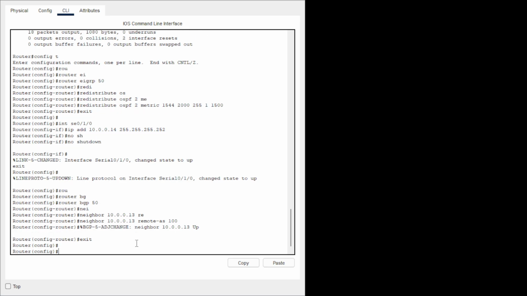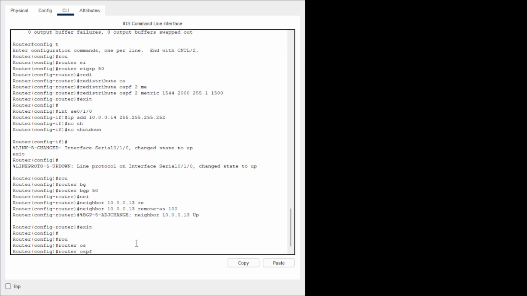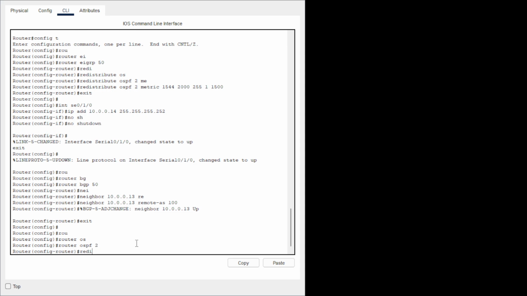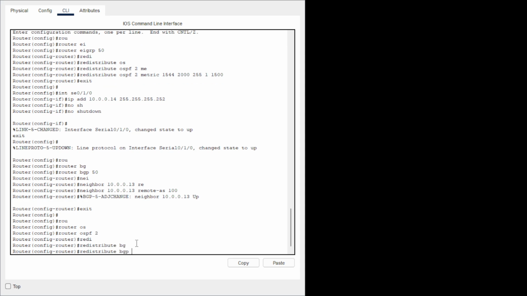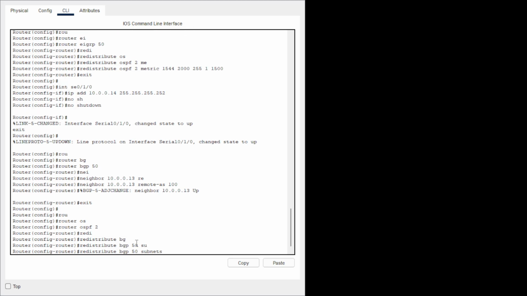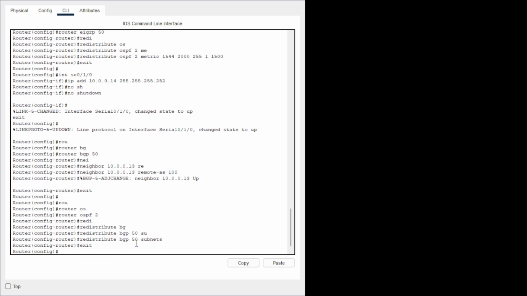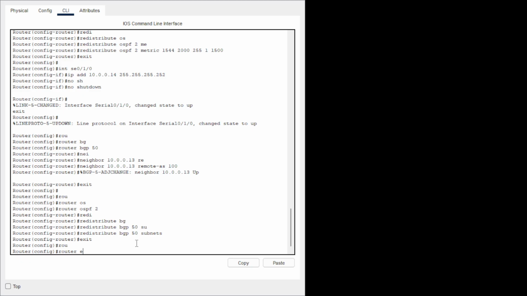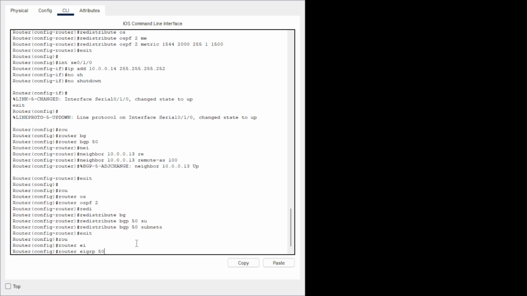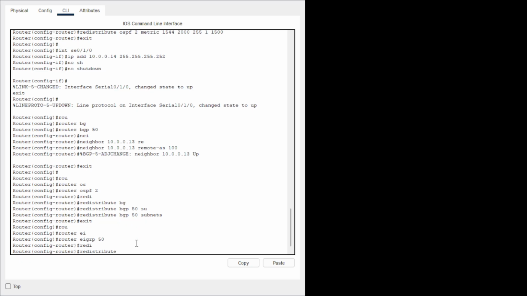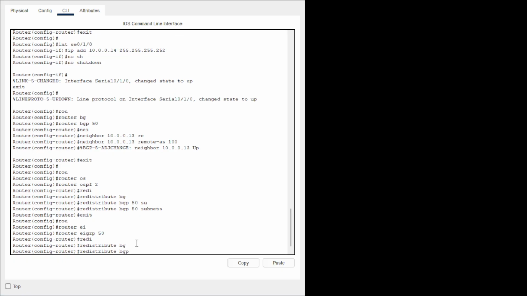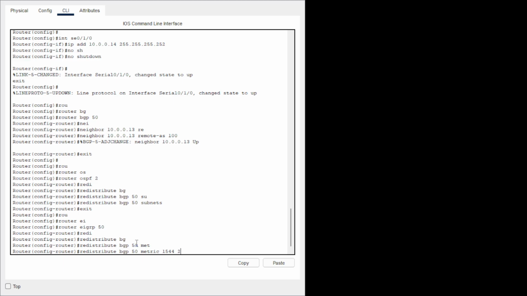So router OSPF process ID 2, redistribute BGP with ASN number 50 with subnets, and router EIGRP with ASN number 50, redistribute BGP with ASN number 50 having metrics 1544, 2000, 255, 1 and 1500,